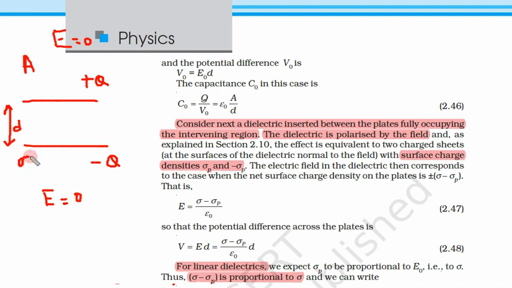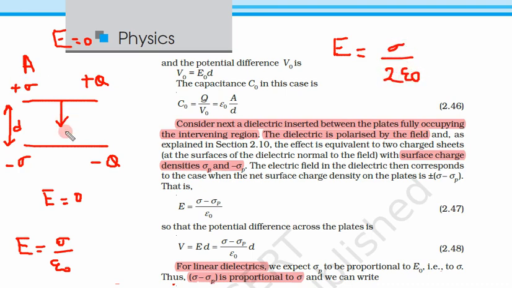Okay, now sigma here is negative, here sigma is positive, and sigma is equal to Q upon A, simply Q upon A. And we saw that the field in this region, the field inside the capacitor, was sigma upon epsilon naught. How was this sigma upon epsilon naught? Because the field going outwards from this positive Q is sigma upon 2 epsilon naught. So the field inside was sigma upon 2 epsilon naught for the first plate. It is going outward because this is positive charge. It will always go outwards, this side or this side.